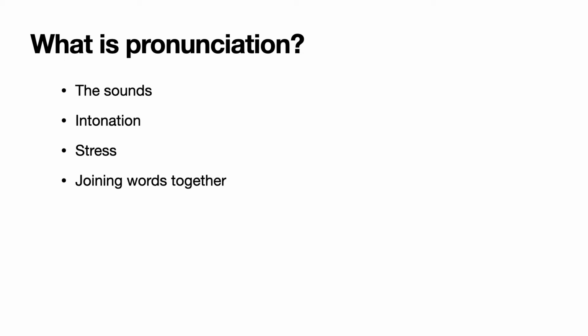Different elements. Now, a lot of people think of pronunciation as just the sounds you make. And yes, indeed, the sounds you make, the sounds of the words, are a large part of pronunciation. It's important that the person listening to you is able to understand what you're saying. And to do that, you need to make the right sounds. But it's only a part. These other parts below are things I suggest you focus on and concentrate on, because in my experience, they are